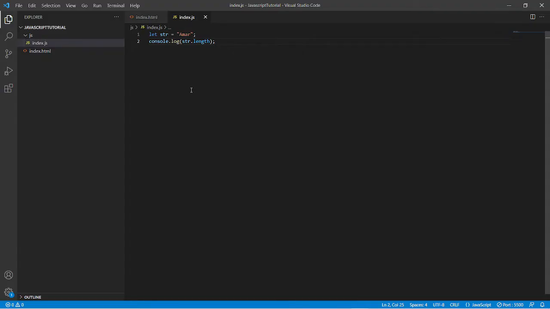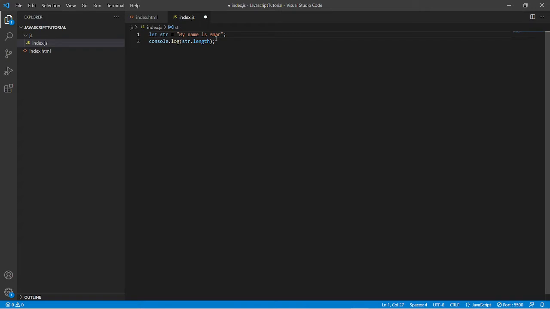Now let's have a complete sentence here. So, my name is Amar. In this case, what will get printed? It will count the length of my, that is 2, the length of name, that is 4, so 6, the length of is, that is 6 plus 2 is 8, and the length of Amar, that is 8 plus 4 is 12.